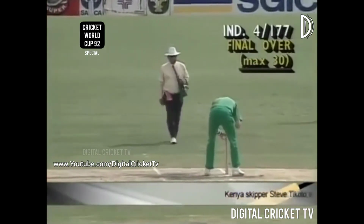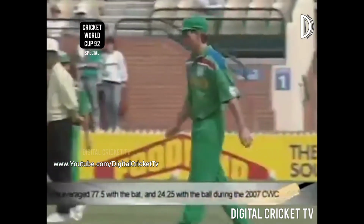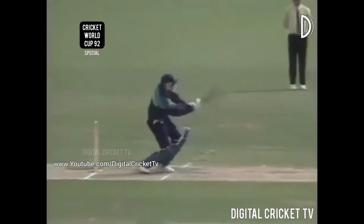And as that one comes in over the bails, Kambli is run out. So nice bit of fielding there. Kepler Wessels actually dived to try and catch this ball. Ball bounced out of his hands, but a good recovery. And as Kambli comes back for the 2,